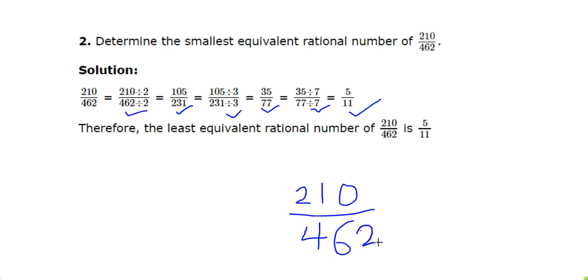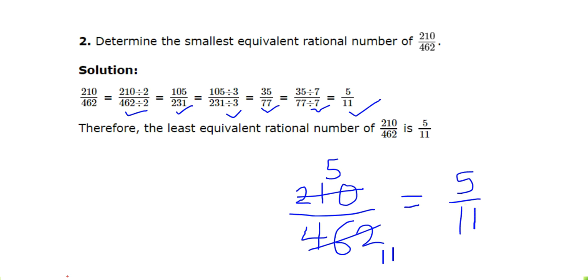So if I divide 210 by, it will be 4 5s are 20. No, not by 4. So how did I get 5? So I have to divide it by 7 3s are 21, 7 6s are 42. So I have to divide it by 42. So 42 5s are 210 and 42 11s are 462. So you can do that in steps also, or in a single step also, if you want to. So the answer will be 5 upon 11.